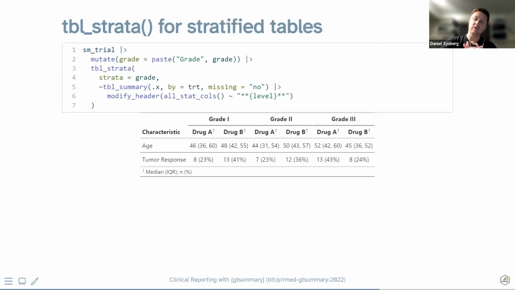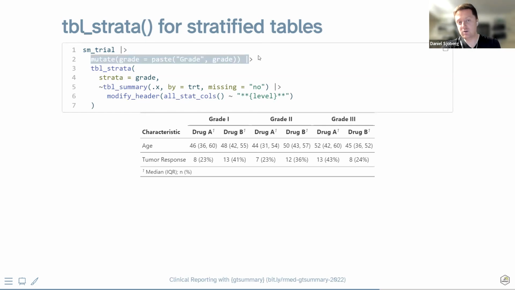There's another function, tbl_strata. tbl_strata, again, works with any gtsummary table. You pass tbl_strata a data frame, just like most of the other functions. You tell it what the stratifying variable is, and then you execute some gtsummary code here. Now, you may recognize some of this code from, again, other tidyverse functions. Like we ripped off anything we could take from tidyverse that we thought was cute.